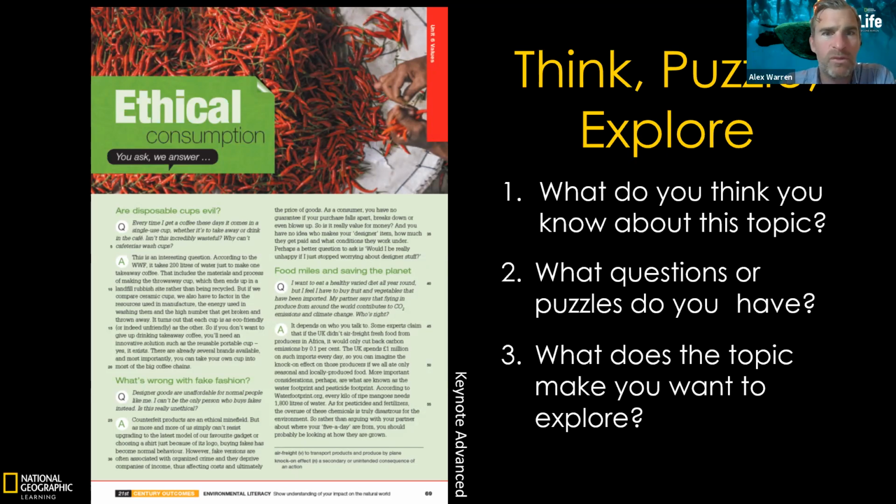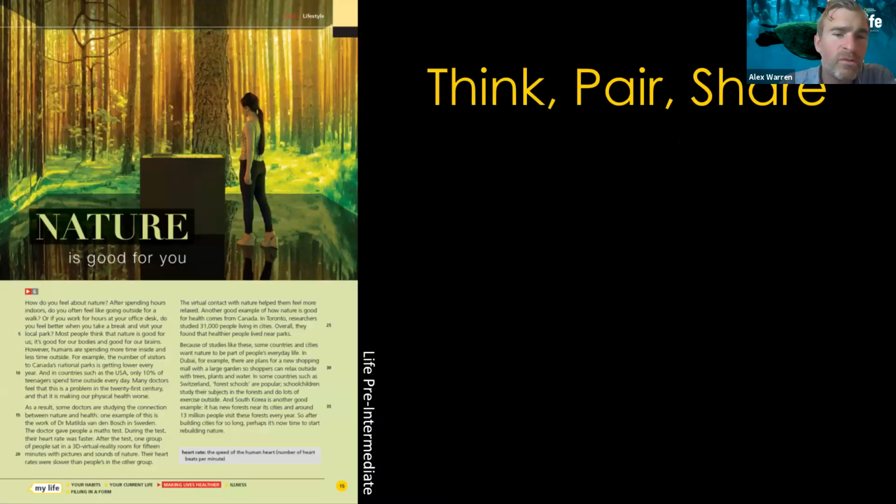Okay, a few more pre-routines we've got coming up. One which I'm sure you're all familiar with: think, pair, share. This routine encourages students to think about something and then to articulate their thoughts. It can be linked to all the previous ones actually. What it does is promote understanding through active reasoning and explanation. Because students are actually listening to and sharing ideas, the routine encourages students to understand multiple perspectives.